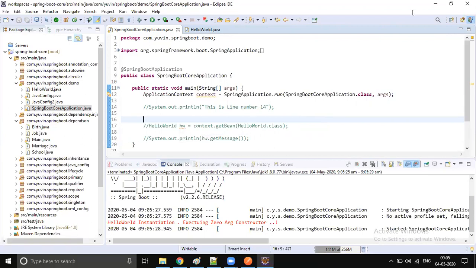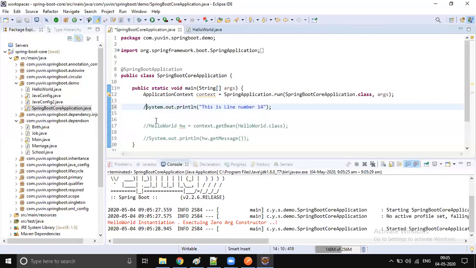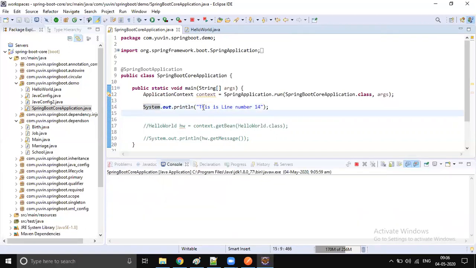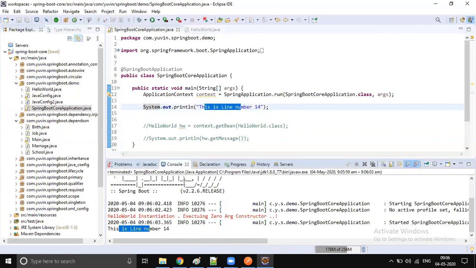While creating the container itself, all your beans will be constructed and initialized. So if you are thinking that the hello world constructor execution will print after line number 14, that is wrong. The hello world constructor execution prints before this line. So first the constructor, followed by line number 14.